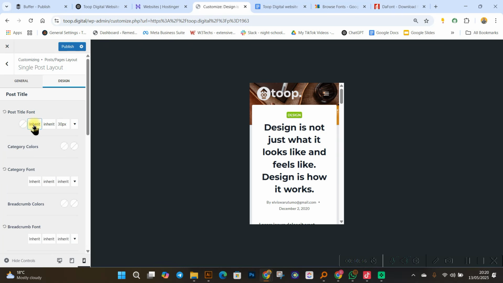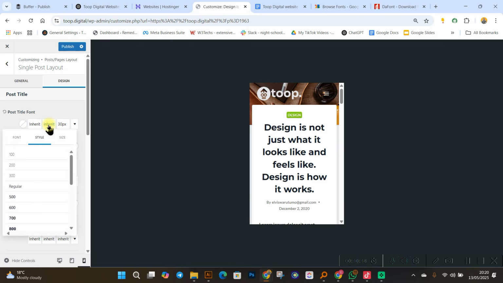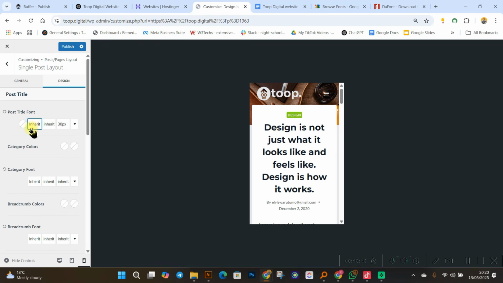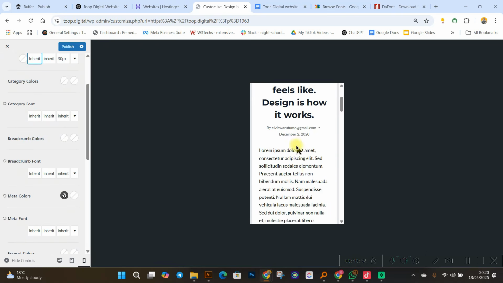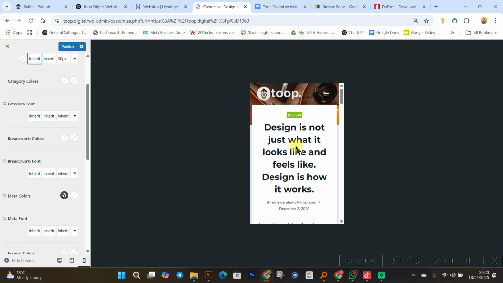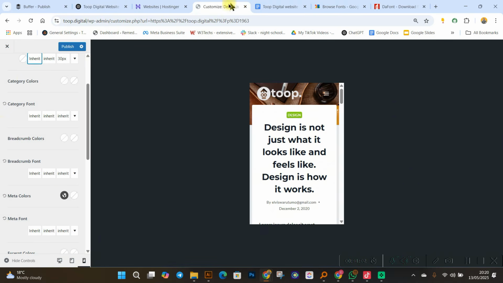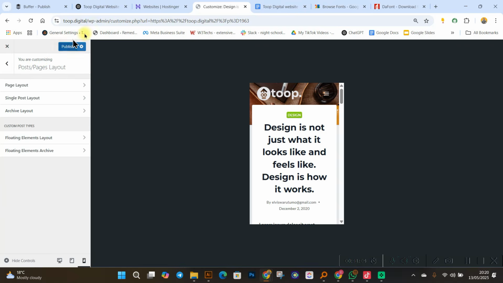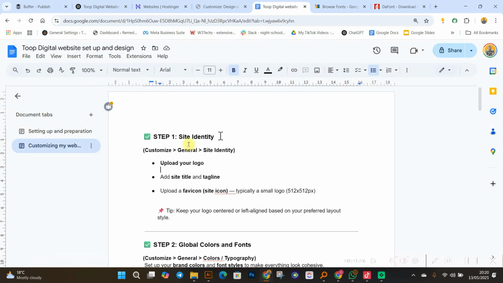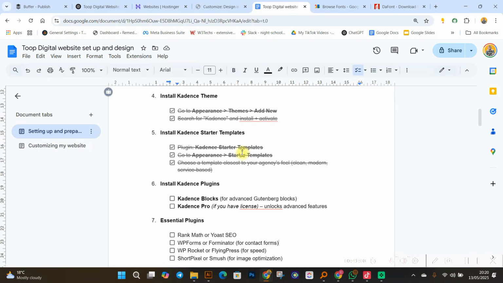Yeah, you can change a number of things about it, like the font itself. But I think this is okay. Design is not just what it looks like and feels like. So you can generally use ChatGPT in your design to make sure that everything is coming out nicely. All right. So as you move on, if you look at this particular document,